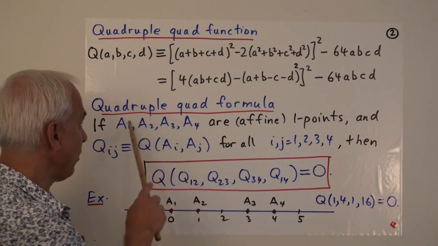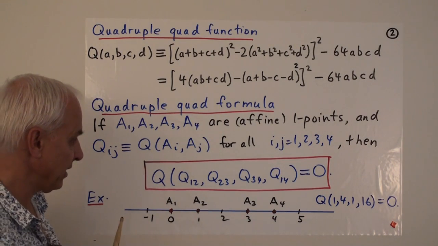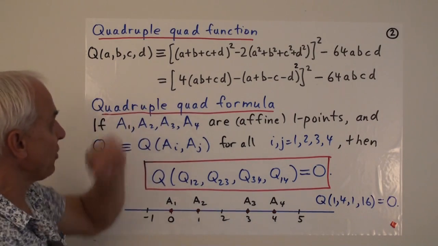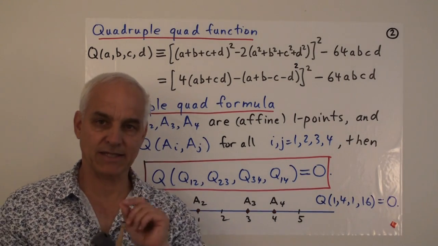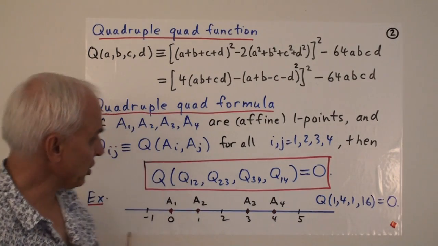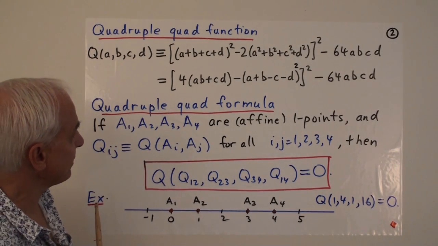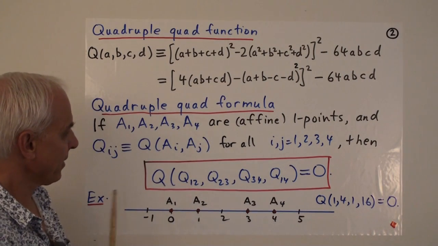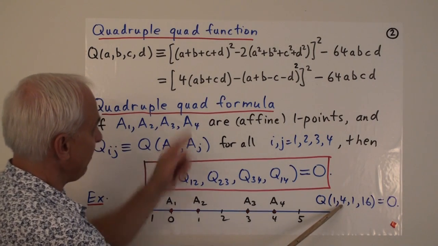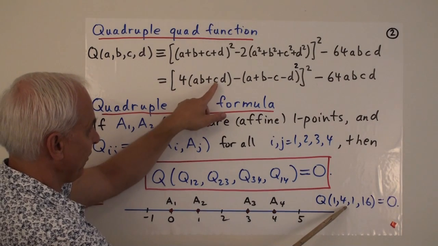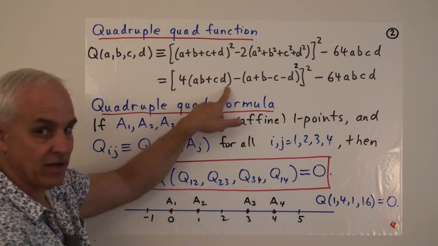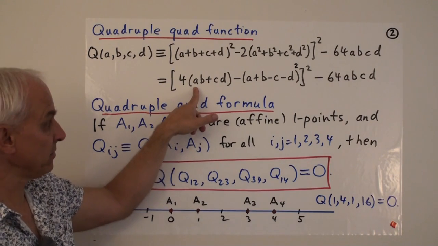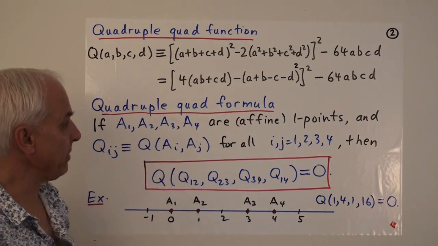And so the quadruple quad formula asserts that if we take these 4 quadrances, 1, 4, 1, 16, and we plug them into the quadruple quad function, we should get 0. Let's just check that that's actually the case. Let's use the second asymmetrical form. So if we take A times B, so that would be 4, plus C times D, say 1 times 16. So we have 4 plus 16, that's a total of 20 inside there. 4 times 20, that'd be 80.